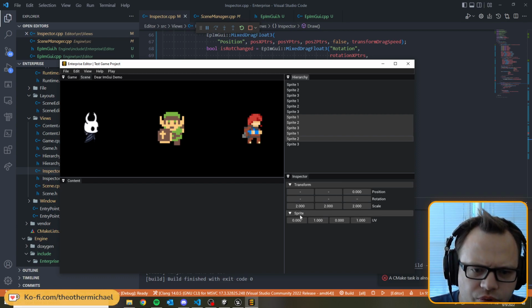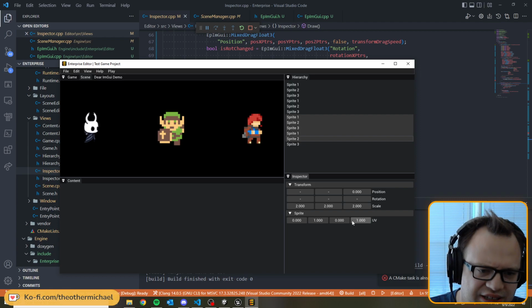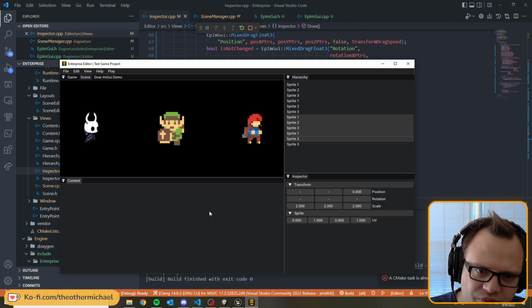Cool. So for now, we're going to put renderer 2D on the back burner, as well as its inspector view, because one of the primary components that it needs is a content picker, and that kind of needs to wait for us to have the content drawer working. So we're finally working on the title of the stream,